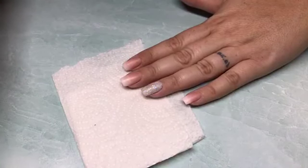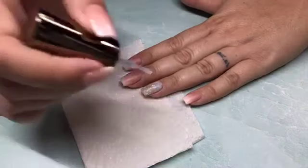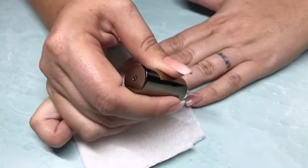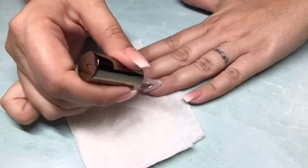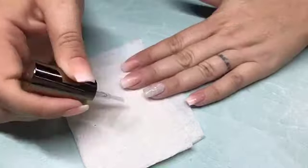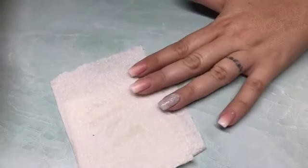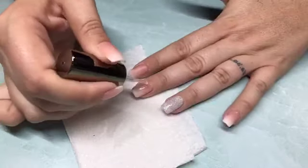So when you apply your first layer of number 3, you want to do it thin like you do your number 1, but not too thin that it doesn't cover the nail. You want to have a nice solid layer because this is going to create the barrier layer before your final number 3 coat. You want to do about 2 to 3 quick strokes and wipe your